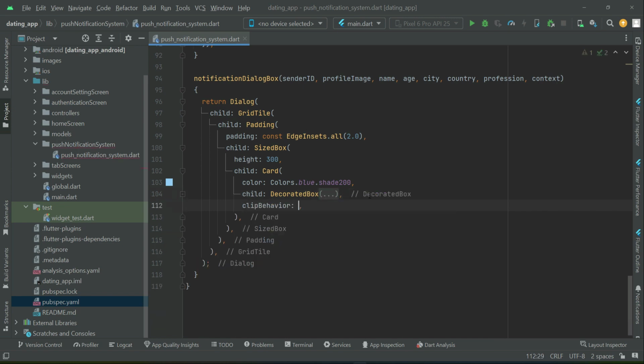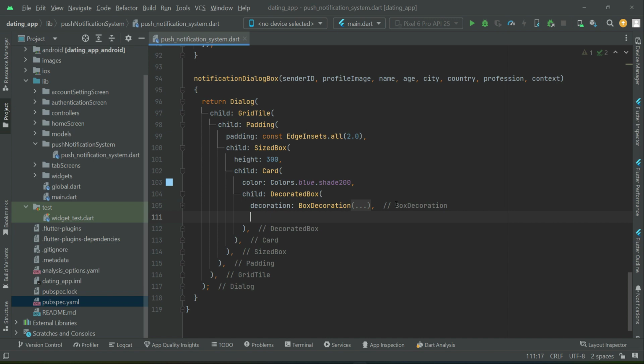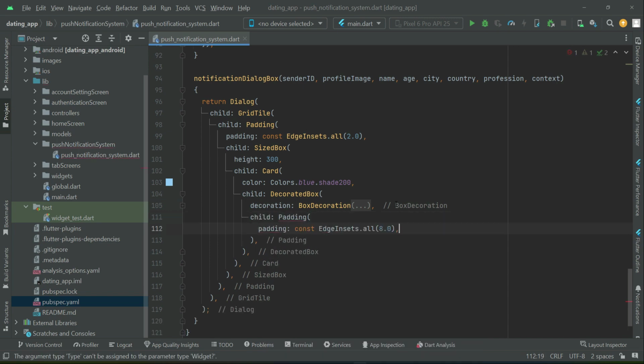Then after the BoxDecoration, you can add padding,